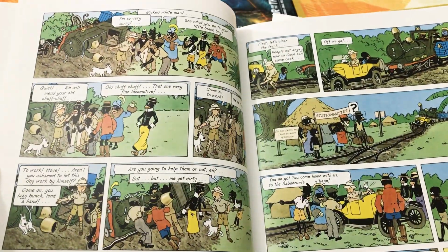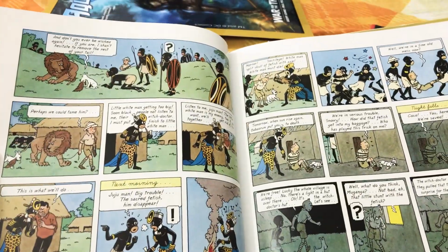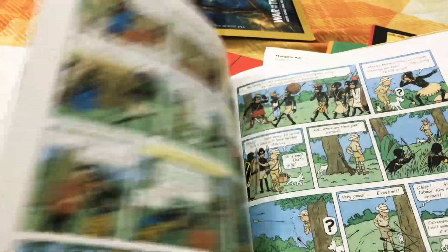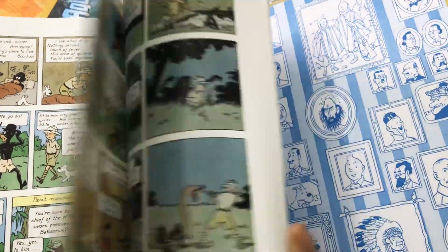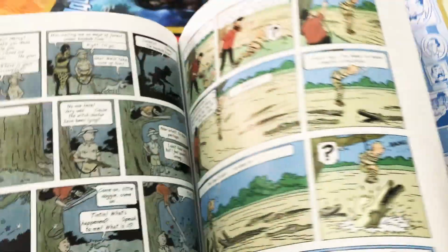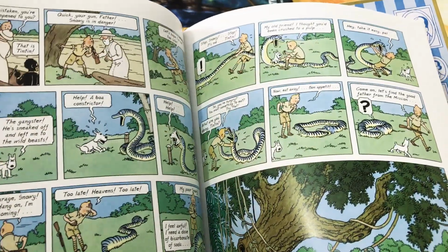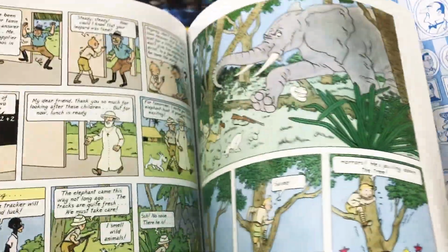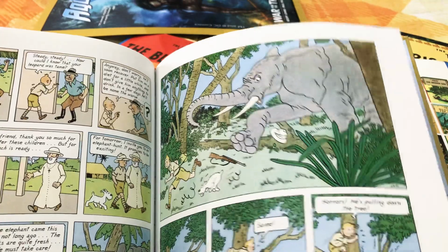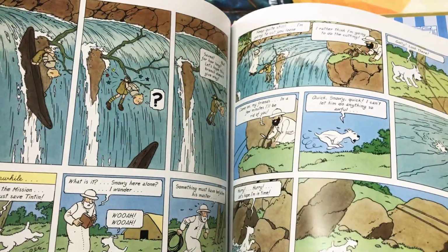the adventure in itself is very nice. So you get to see a lot of animals. That's the best part. And experience Congo through the eyes of Tintin himself. So that is Tintin in the Congo, the final edition to my collection. I would say that with this book, my Tintin collection almost comes to an end. I have the entire series now, and